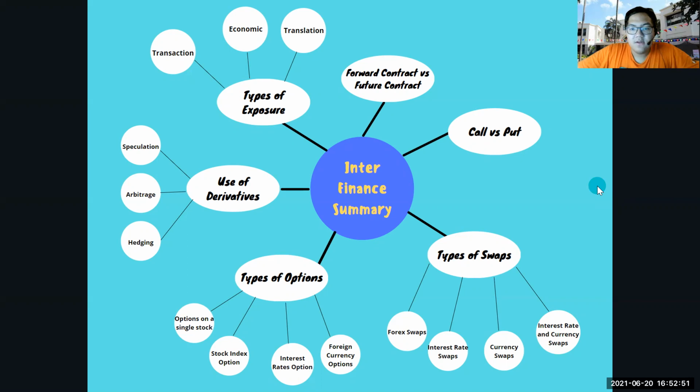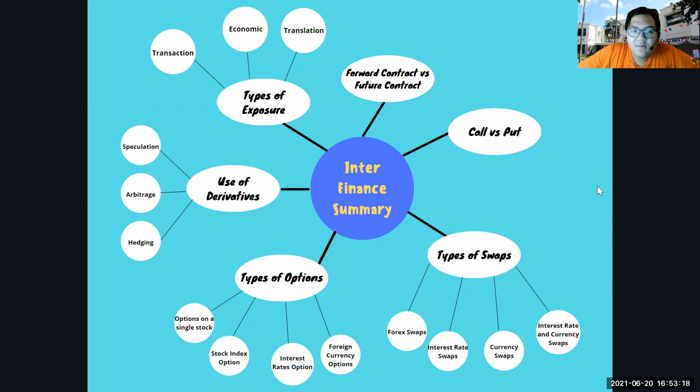Today I'm going to review what I've learned from international finance from session 9 until right now. So, this is my mind map. It's just a typical mind map. So, we have six topics to discuss. First up, we have types of exposure, which from my international finance class, I learned